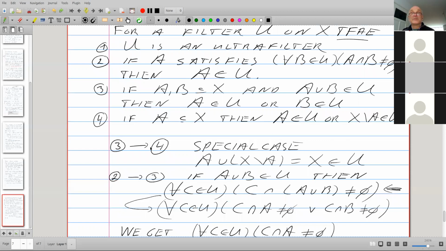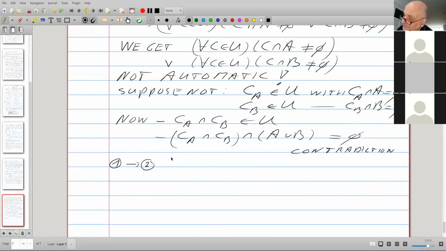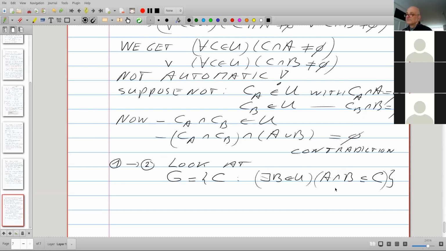We know that we have a maximal filter and we have an A that intersects every member of U. Well, look at this family of sets, which we call G. What can we say about G? Well, X belongs to G.